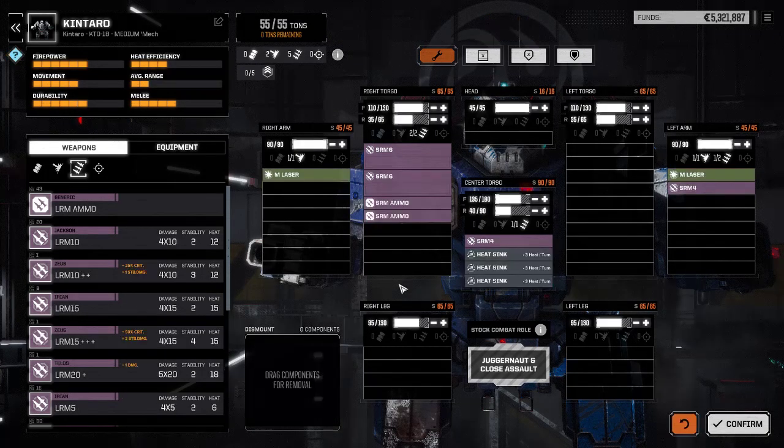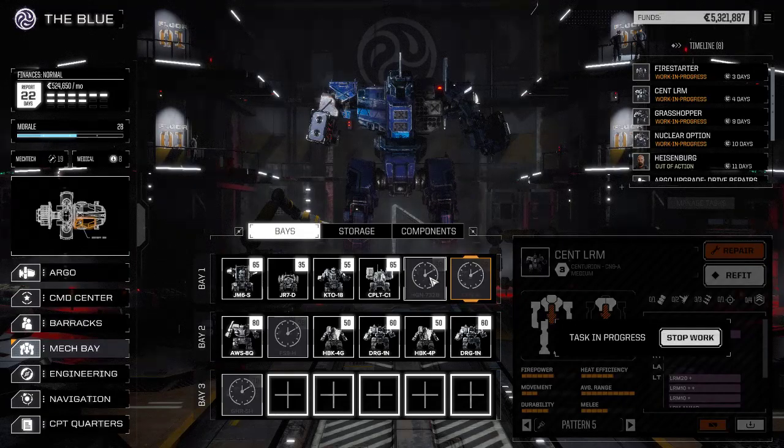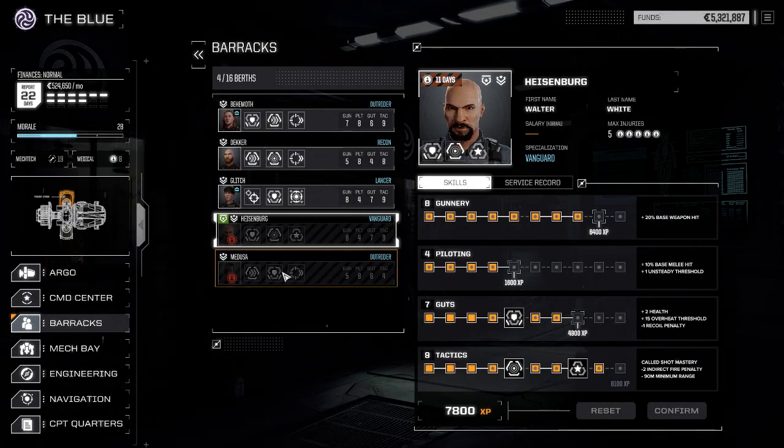So the Kintaro doesn't really work for that. It doesn't really have the free tonnage that the Scent does, since our SRMs are lighter. Yeah, we're currently firing 40 SRMs a turn. Yeah, I need a heavier mech. That's like the end of the story. Alright, well... what we can do here...